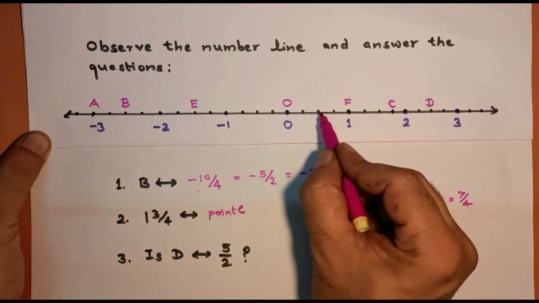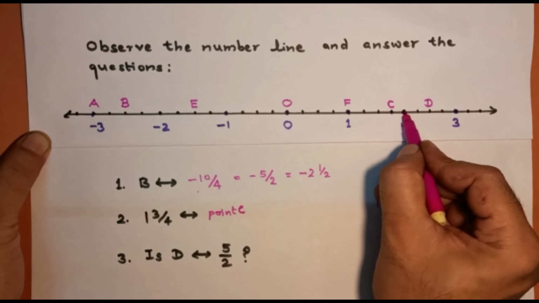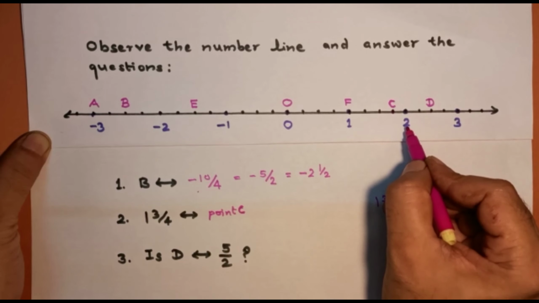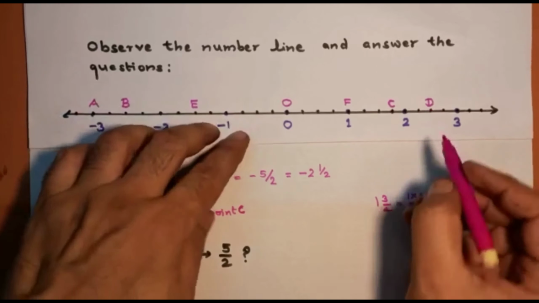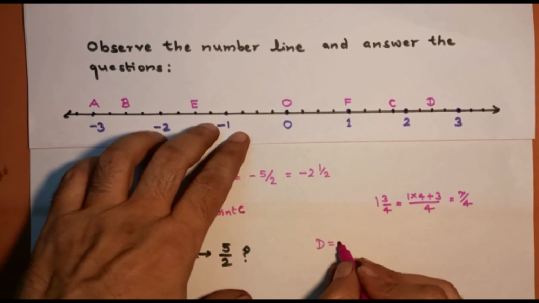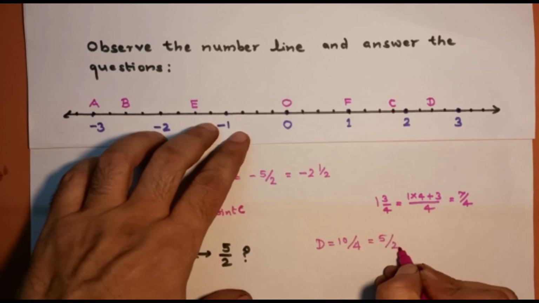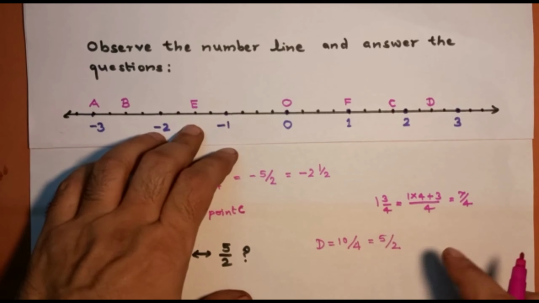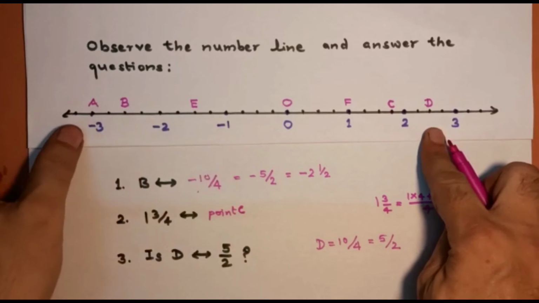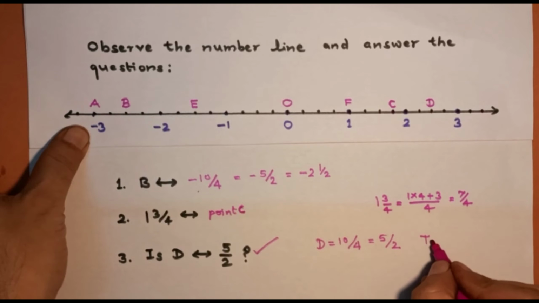So 1, 2, 3, 4, 5, 6, 7, 8. You can directly multiply 4 by 2 and get the 8th point, 9th and 10th. So your D is nothing but 10 upon 4. Simplify further, you will get 5 upon 2. So D indicates the number 5 upon 2. Very true, correct. So the answer is true. You will write